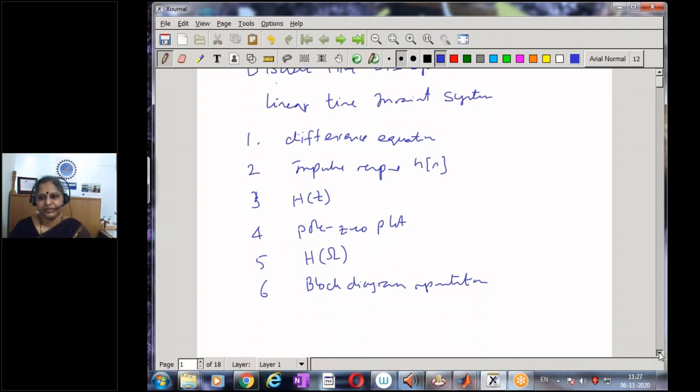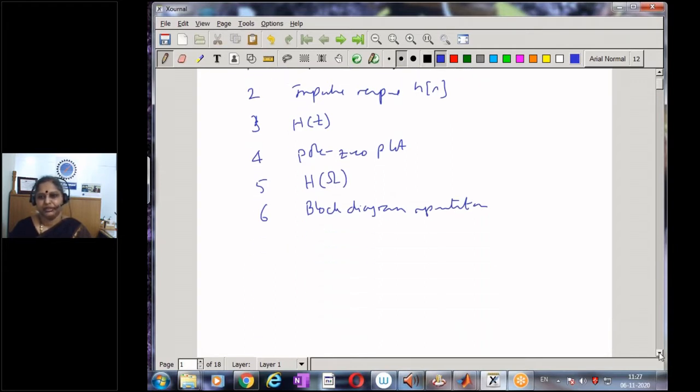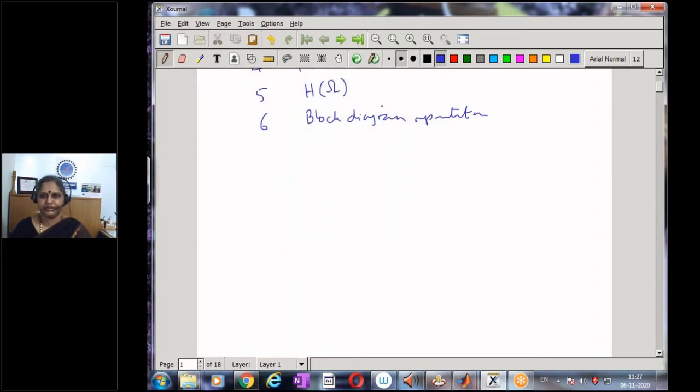In today's module, we shall take up one example and try to represent it in various forms. So we'll take up one particular example, and then we will see how we can represent the same system in these different forms. That's what we're going to see today. In particular, we are going to see an FIR system today in this module. FIR is a finite impulse response. In the next module, we shall repeat the same for an IIR system.